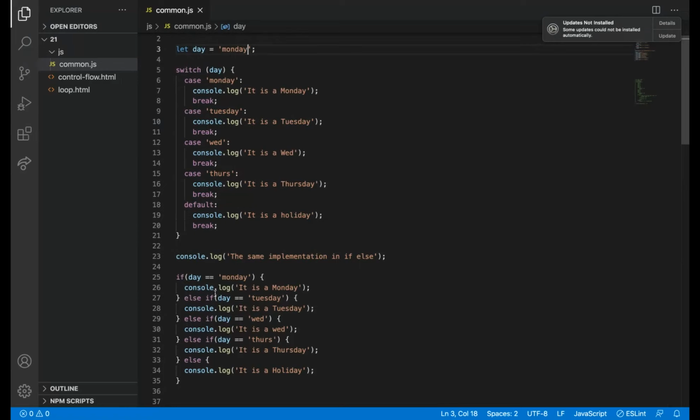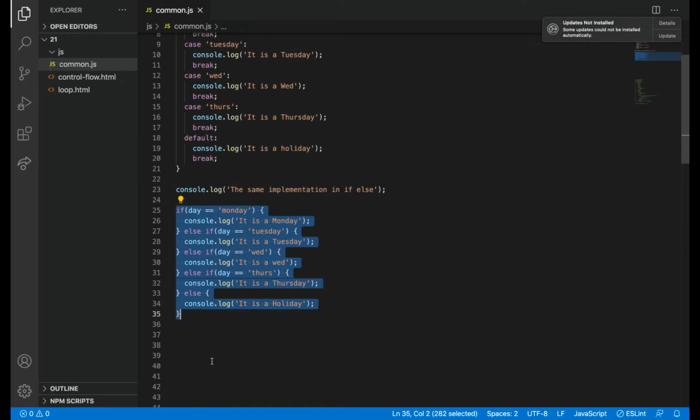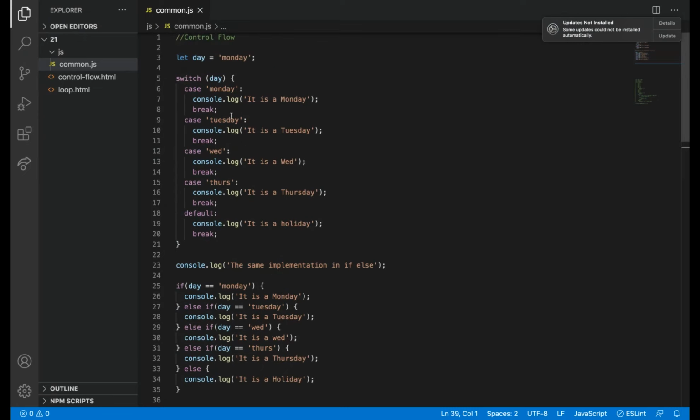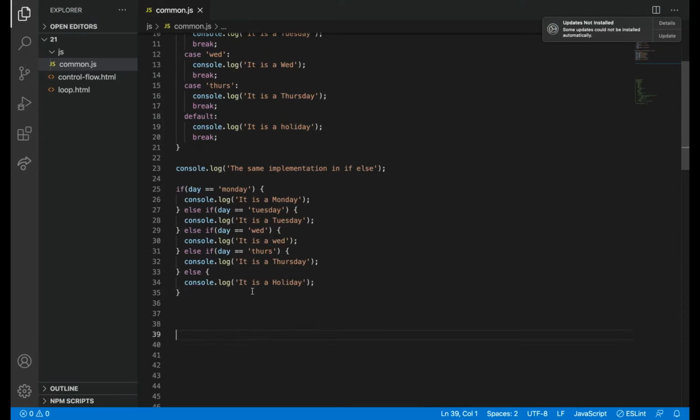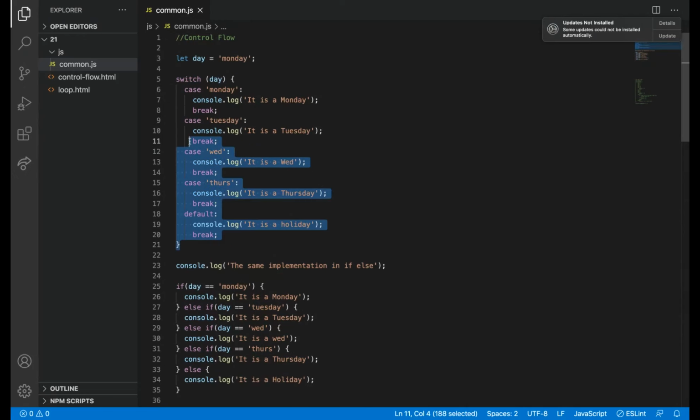See here, readability wise it is difficult to follow if else if, and the code looks a little clumsy, but here it is clear how many cases there are. Syntax wise also it is easy to interpret and easy to read, right?